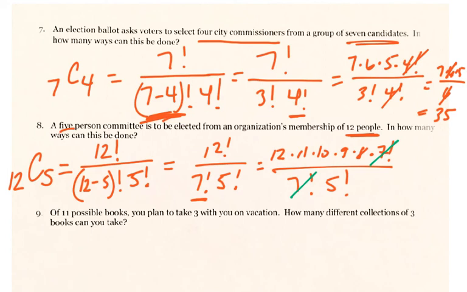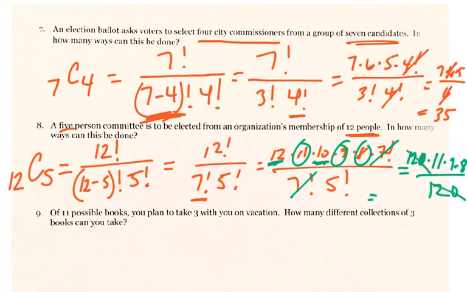5 factorial. And I'm going to play a little bit of a number sense game. This is helpful if you're really good with numbers and you know your multiplication facts. Well, 5 factorial is actually equal to 120. And 12 times 10 is equal to 120. So we have 120 times what's remaining, 11 times 9 times 8. And so the 120s would cancel. So my answer is just going to be 11 times 9 times 8 is